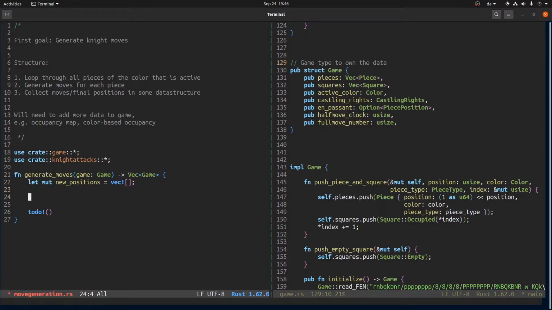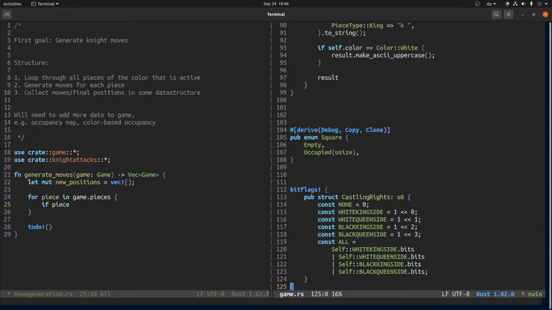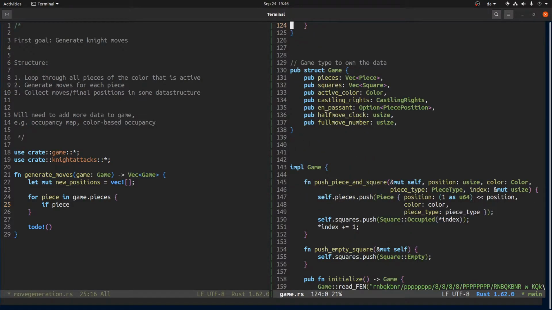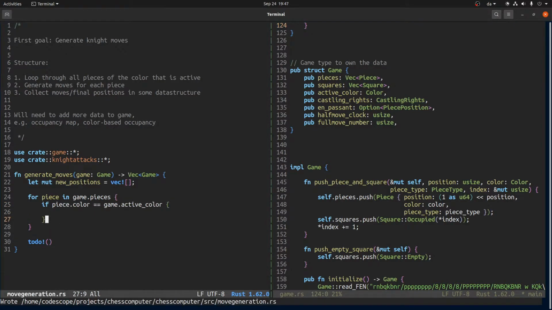This is what we will eventually return, and then for piece in game.pieces, let's say if piece, and I think piece has a color field. Piece has a color field. So if piece.color equals game.activeColor, then